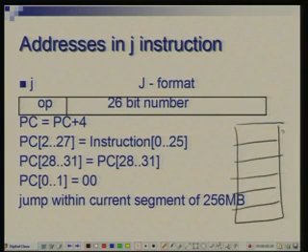Suppose this is 4 GB, and each of the segments is 256 MB. If your current instruction is here, you can jump anywhere in this region.